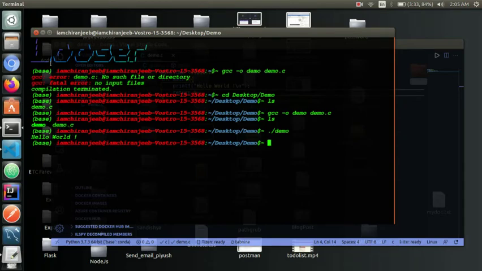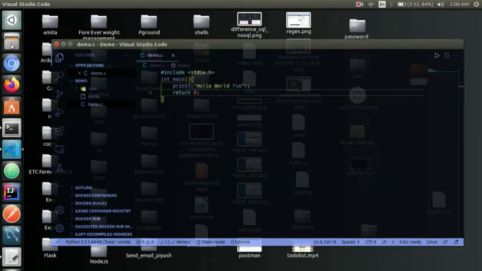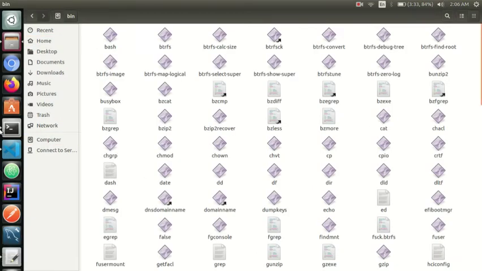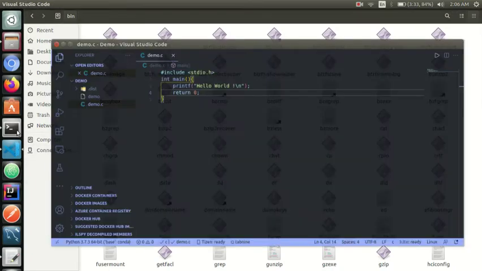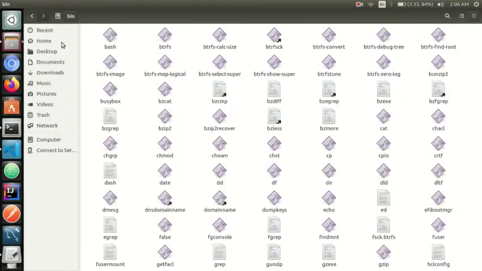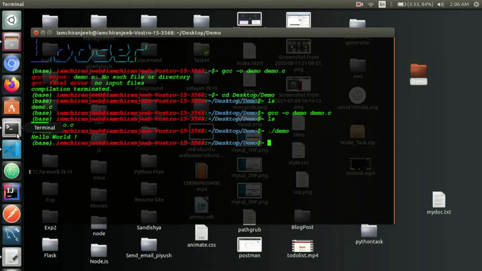So now what I will do, I will move this demo executable file to the /usr/bin folder, to here. I will move this executable file to /usr/bin. Let's start. To move that to /usr/bin, we will use the command sudo cp.